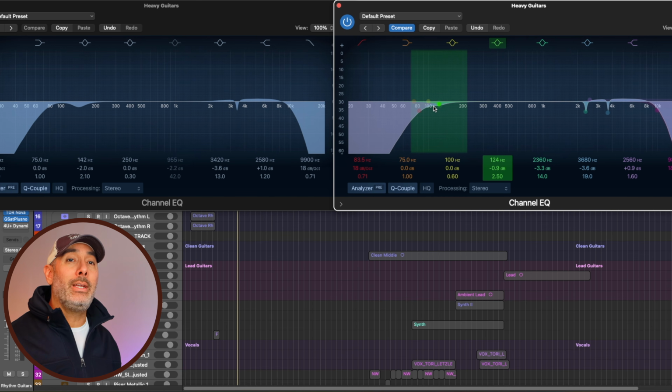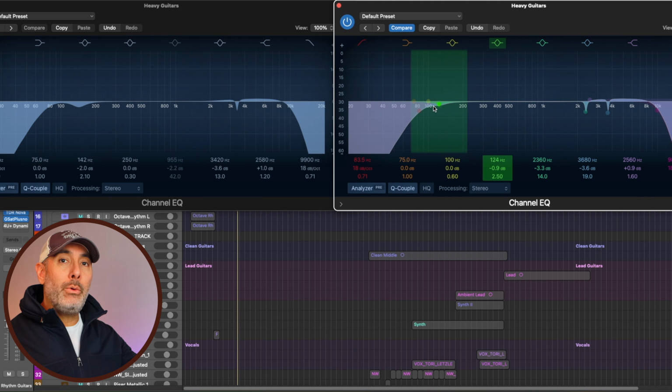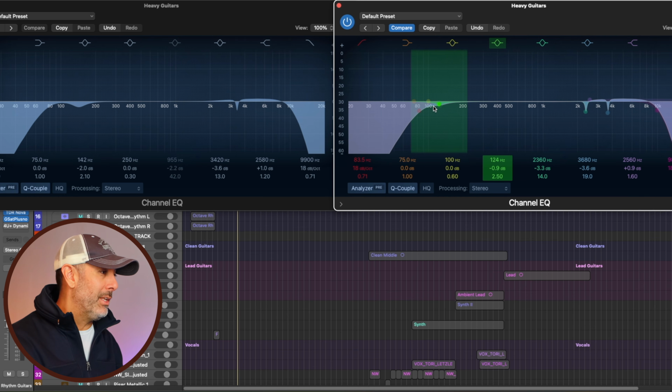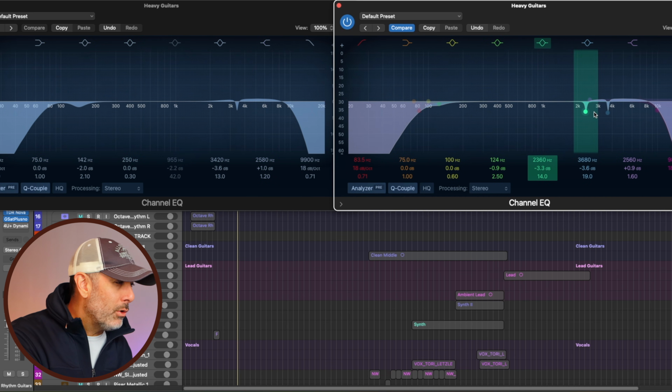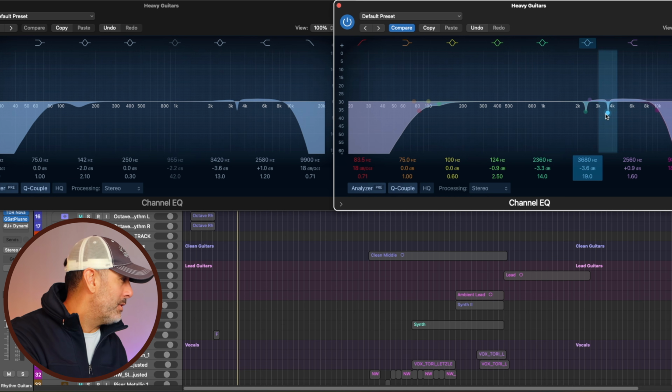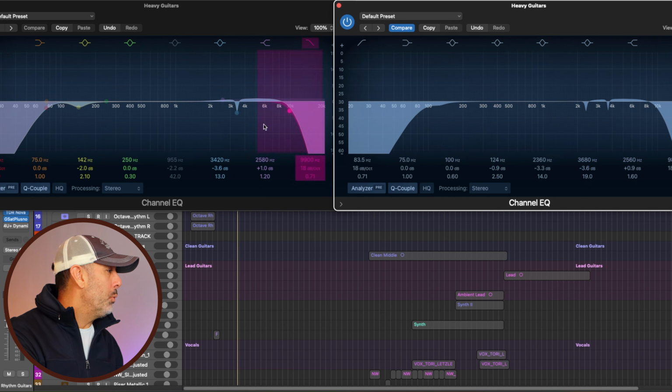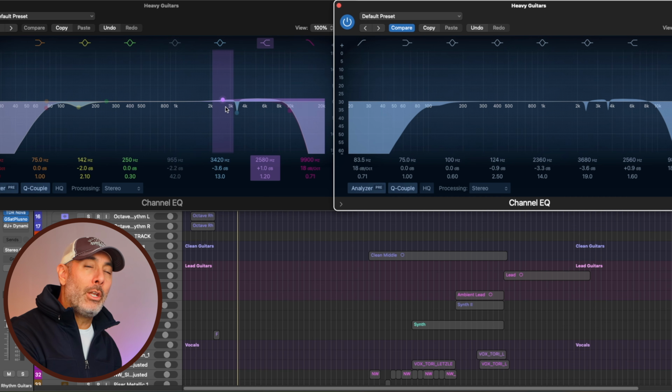And we were just doing it in solo, by the way. We weren't doing it in the full mix. My ultimate EQ here that I stuck with was during listening to it in the full mix. So that's some of the differences too. On the high end, I cut originally 3420. Over here, it looks like I'm cutting 2360 and 3680. So I probably could do a little more on the original one if I want to get a little more of the hissy fizziness out of there, but it just didn't feel like it needed it